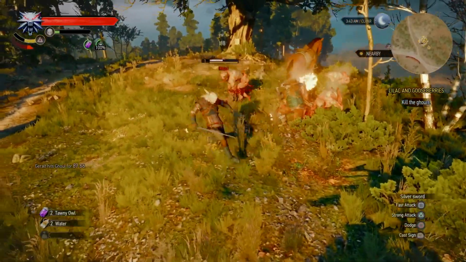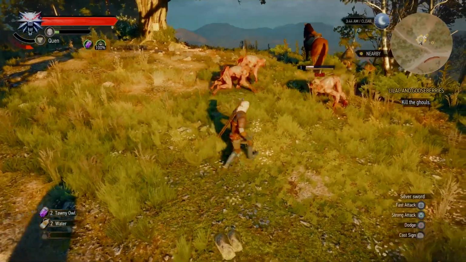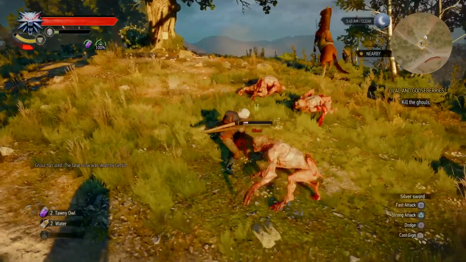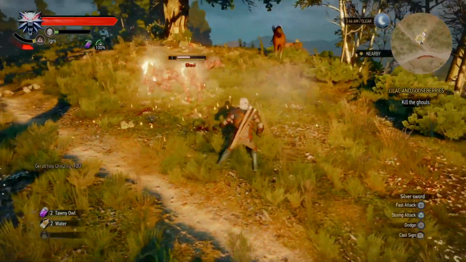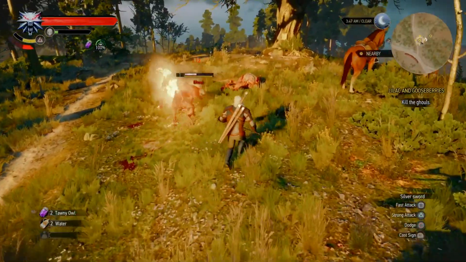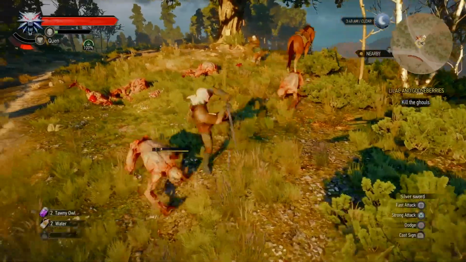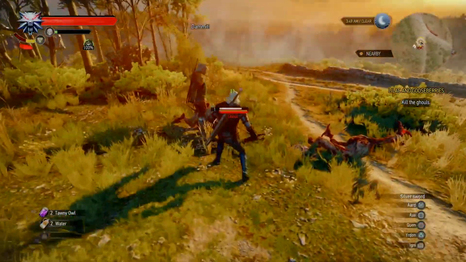You see that although it did a fair amount of direct damage, it actually does a ton of burning damage if you can set them aflame, which you will still be able to do early on. Then you just pick off the ghouls one by one, keeping Gwent up, dodging like this. If you can hit multiple of them with Igni at a time, that's a good idea. But the main focus is just to keep your Gwent up for the entirety of this fight,